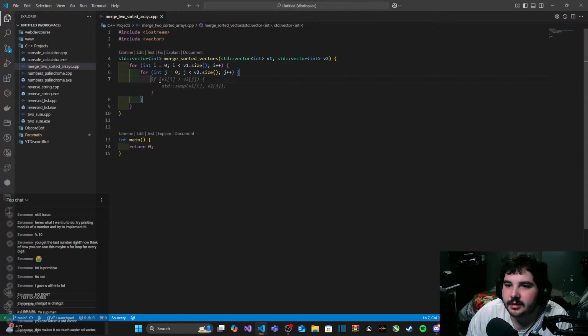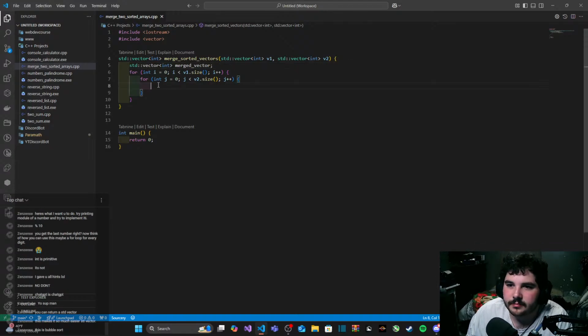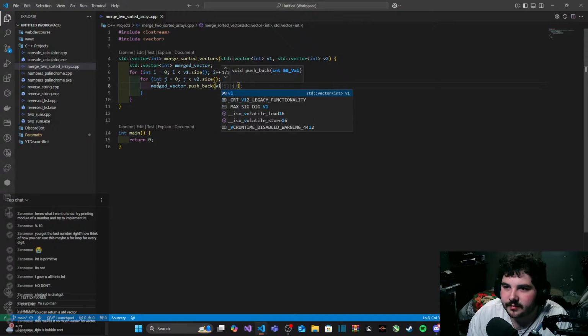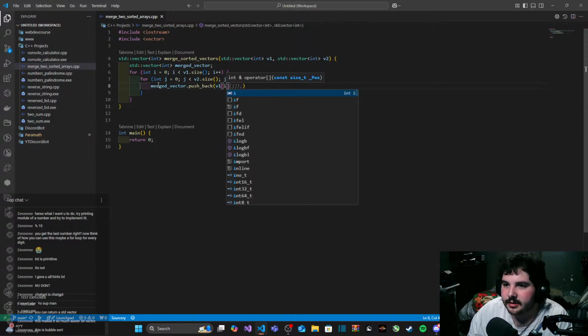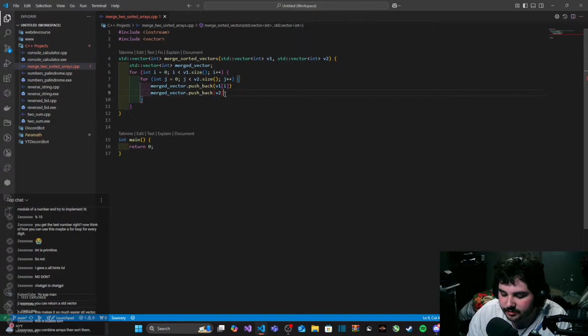Okay. Hold on. Hold on. Merged vector dot push back b1 i. Whoops. Merged vector push back v2 at j.